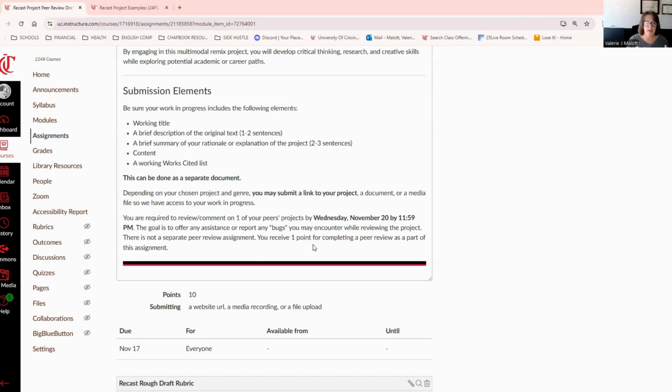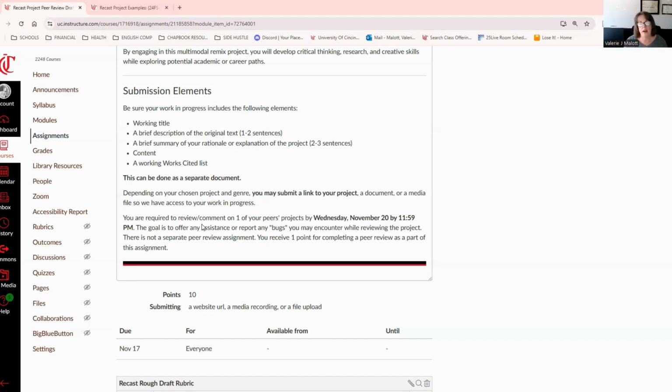For those of you in the in-person class, just provide a reminder for me of what you're doing, a brief summary of your rationale or explanation of the project, just 2 to 3 sentences, provide a little bit of content, and of course, some kind of works cited list. You can do this as a separate document. Depending on your chosen project and genre, you could also submit a link to your project, a document, or a media file, so we have access to your work in progress.